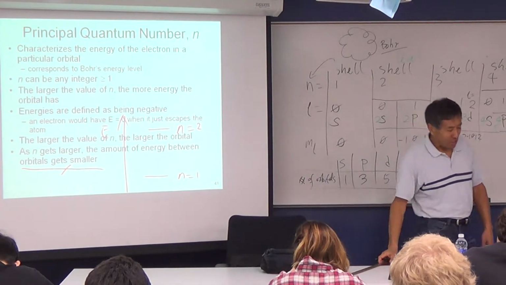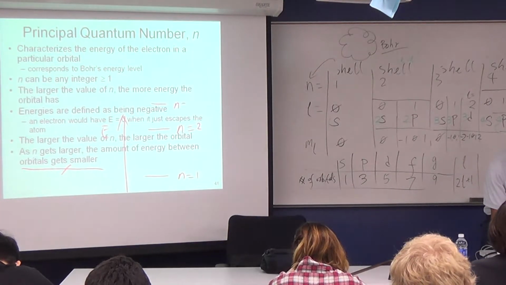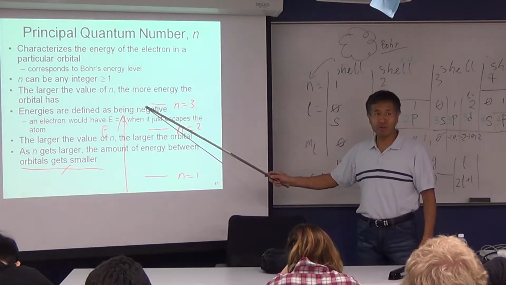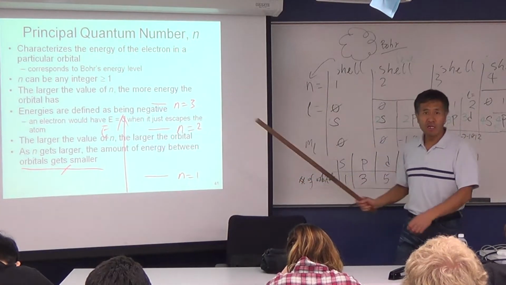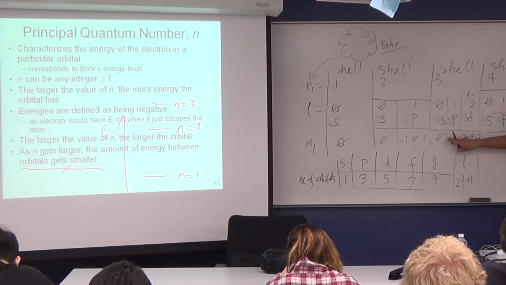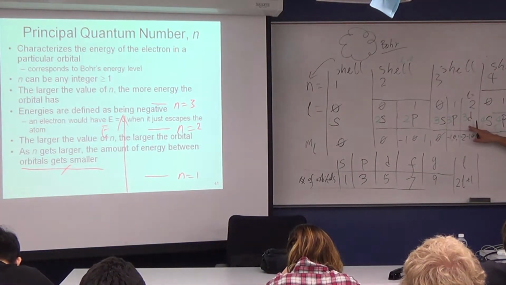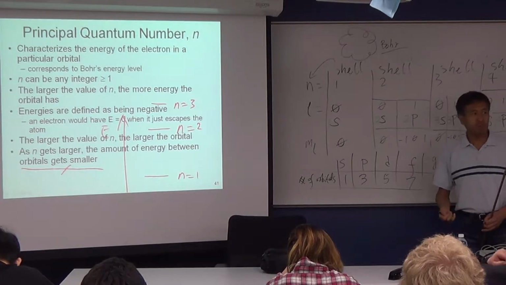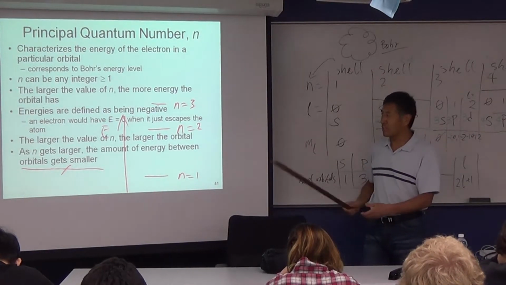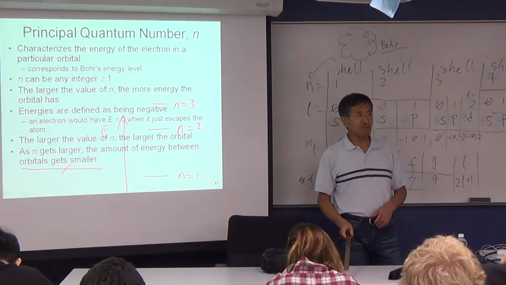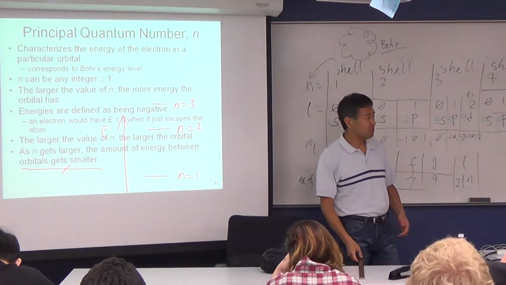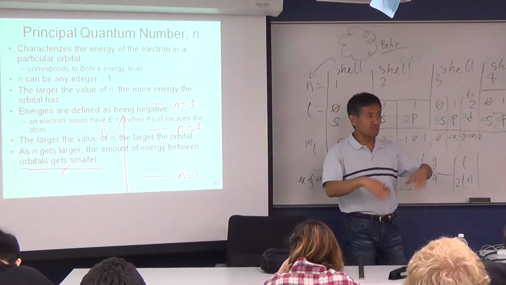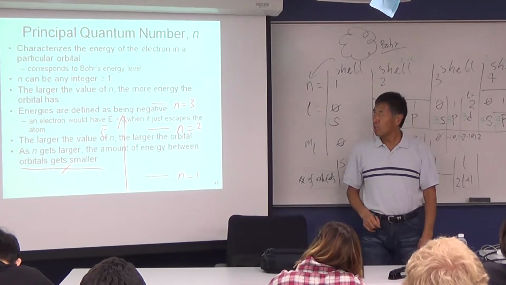Okay? So if you draw another line, n is 3. I only have one line here, that means there's only one energy level for all those orbitals in n is 3. From this picture you can see you can have a 3s, 3p, 3d. And 3s, 3p, 3d, in general, have different energies. But just to get an idea, we can think about the H atom. For the H atom, 3s, 3p, 3d all have the same energy, even though they have different shapes and different sizes. So I draw like that.